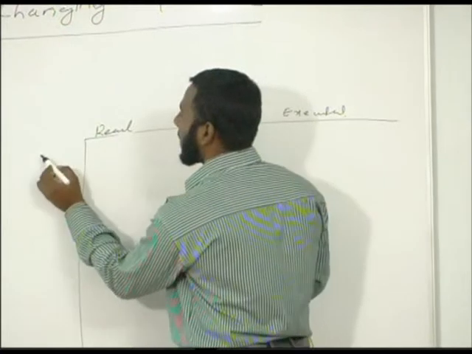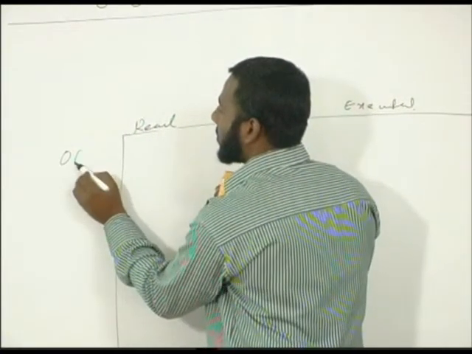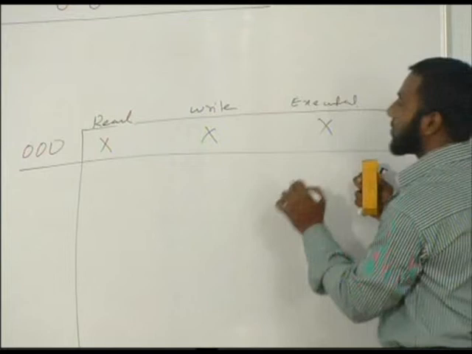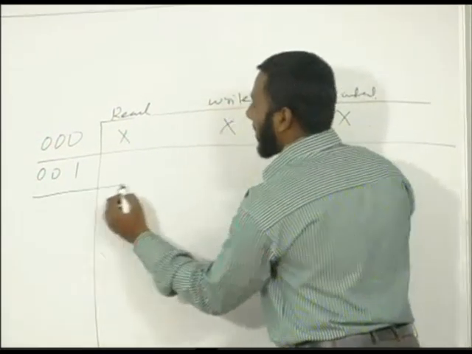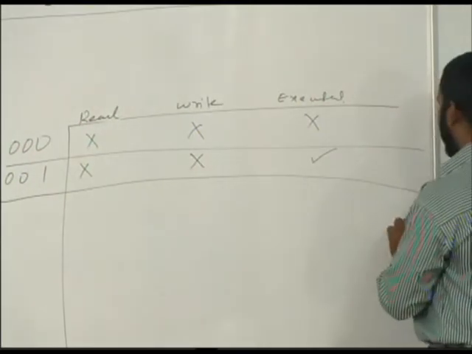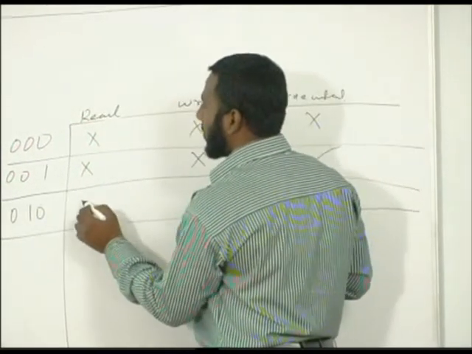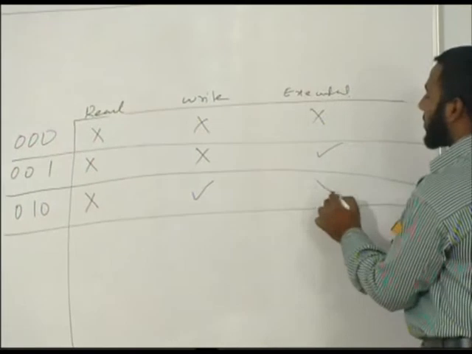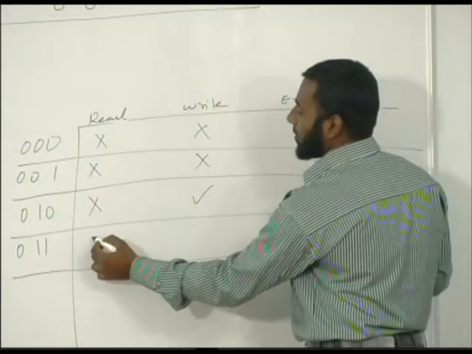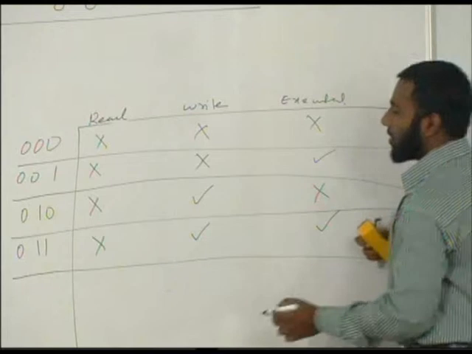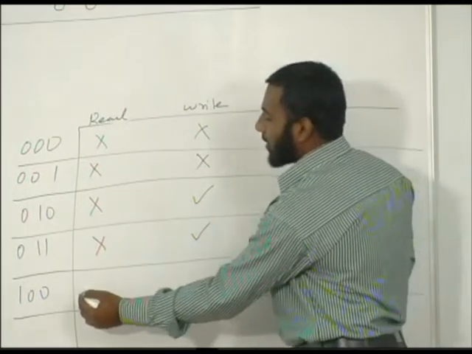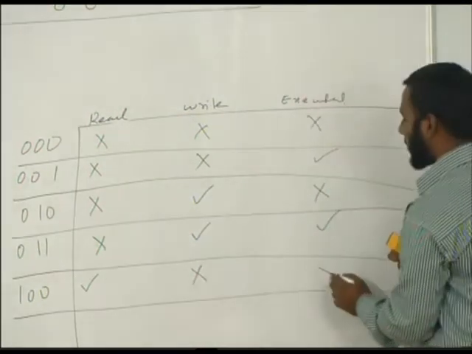For the number 0, 0, 0, it means read is not allowed, write is not allowed, execute is also not allowed. 0, 0, 1: read is not allowed, write is not allowed, only execution is allowed. 0, 1, 0: read is not allowed, write is allowed, execute is not allowed. 0, 1, 1: read not allowed, write is allowed and execute is allowed. 1, 0, 0: read is allowed, write is not allowed, execute is not allowed,